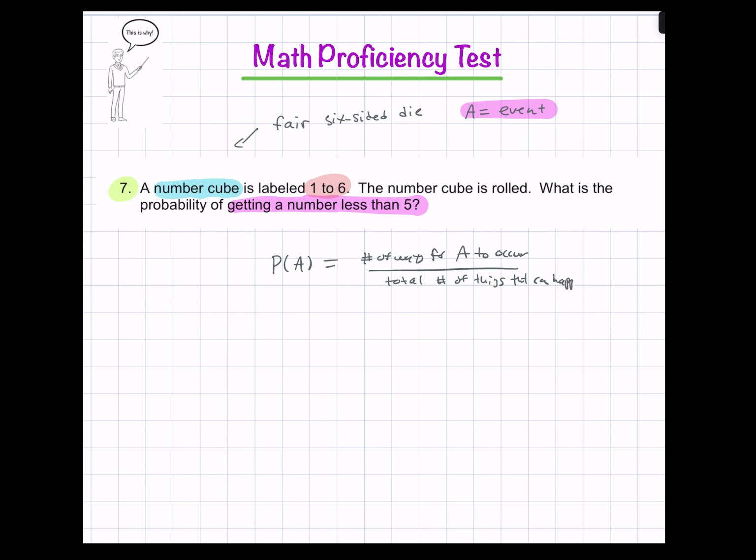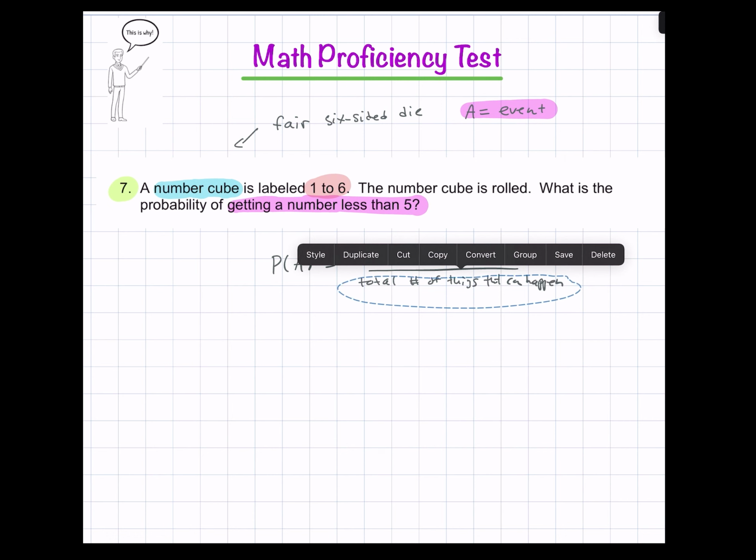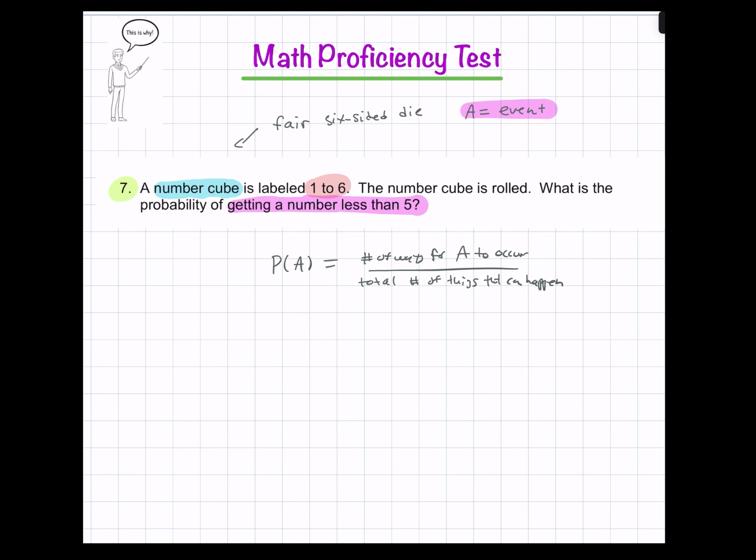We actually call that the sample space. This is not something we need to get into deeply for this, though. We just need to know that I'm looking at the number of ways that I can get a number less than 5 and dividing it by the total number of things that can happen. So this is going to be P of number less than